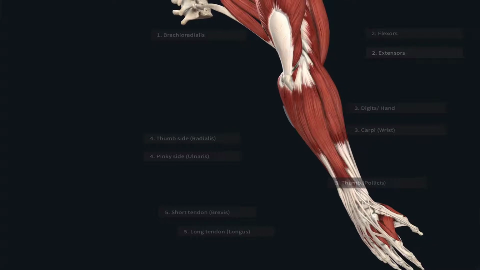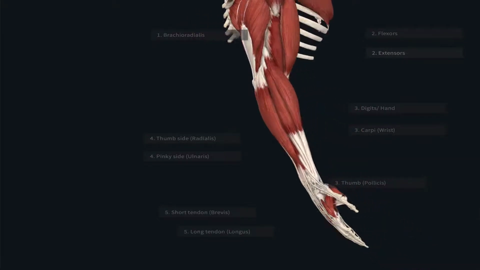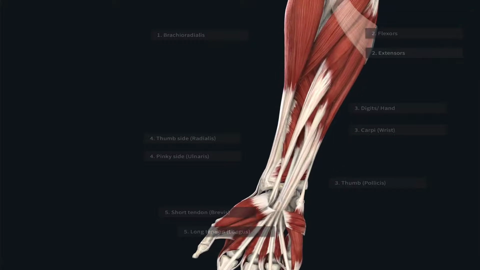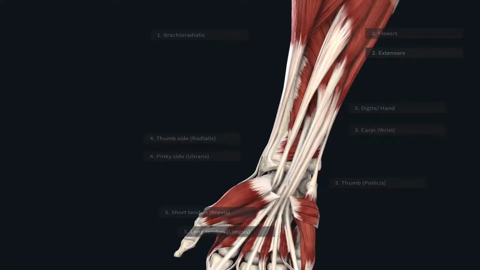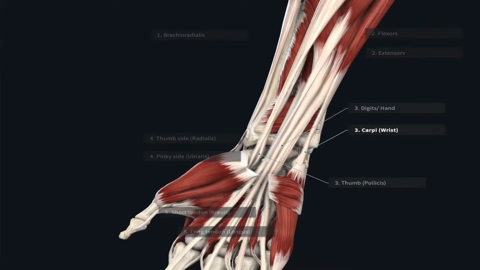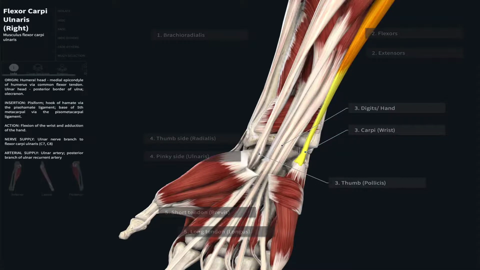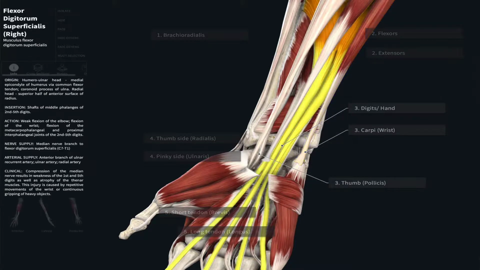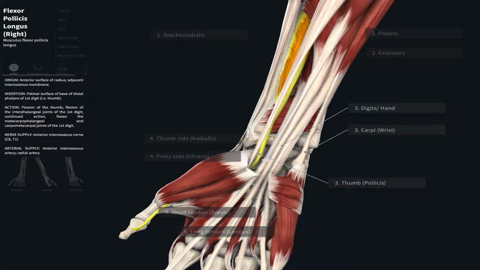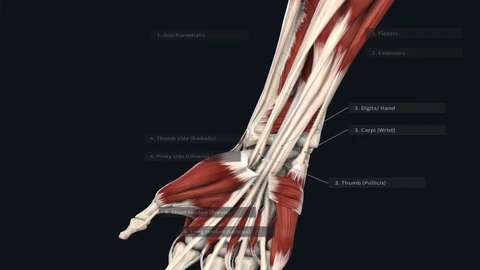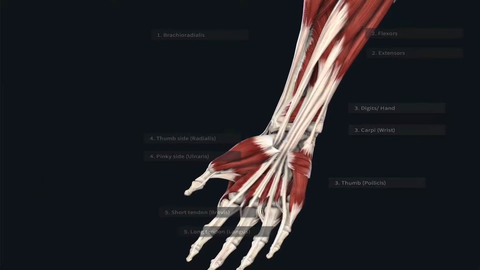The next thing we want to do is look at, are these tendons going to be on the outsides or the insides of the wrist? Now, if they're going to be on the outside, they often have carpi in the name, or they're going to be going to a digit in the midline. So here we can see that some of these are going to be coming towards the wrist, and their name will have carpi in the name. If they go to a digit, they're going to have digit of some form in their name, or they may go to the thumb and have pollex in their name. So as you look at the target of each of these tendons, it will help you identify